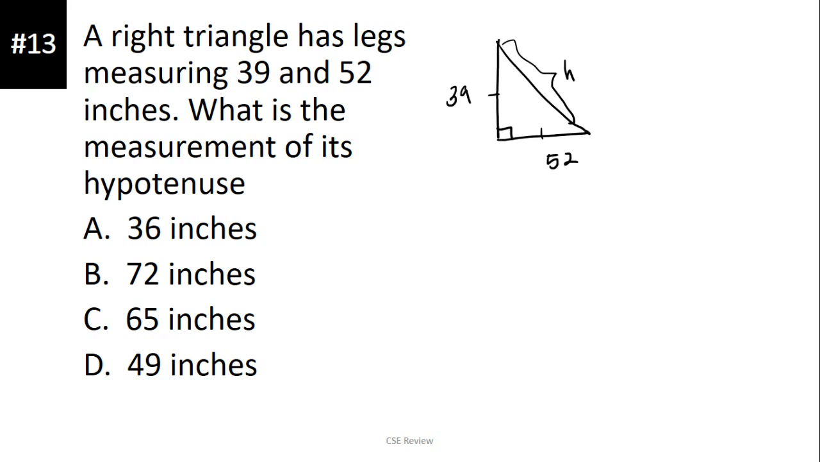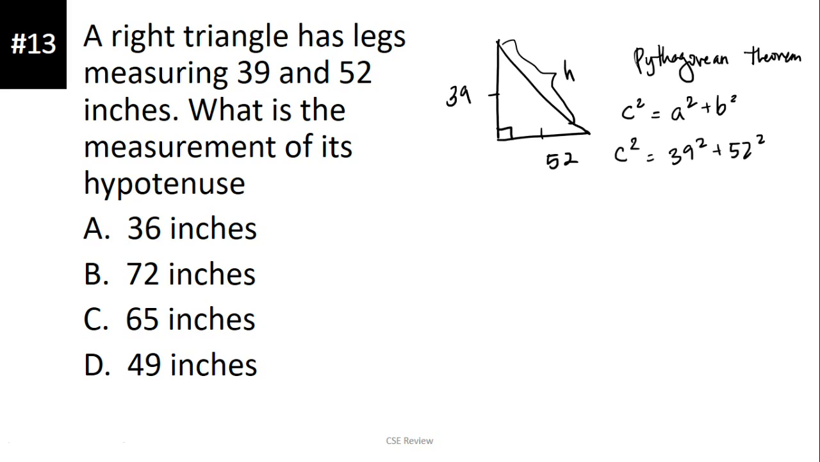Now, we can use the Pythagorean theorem. Okay? For this, ito yung tinuturo sa atin when we were still in school. Ang Pythagorean theorem is c squared is equal to a squared plus b squared. Yung a and b, yan yung legs. So, ang c squared is equal to 39 squared plus 52 squared. Okay? So, again, you can solve this way, or I have a technique which I call yung triangle 3, 4,